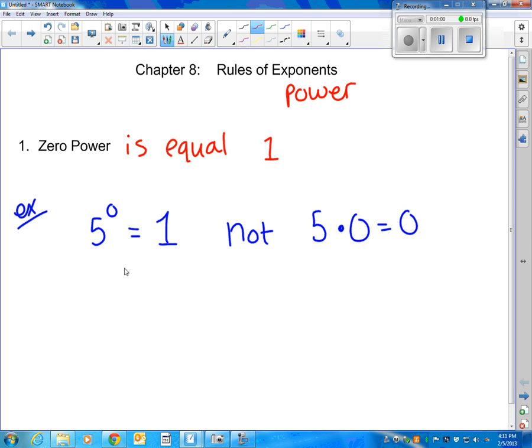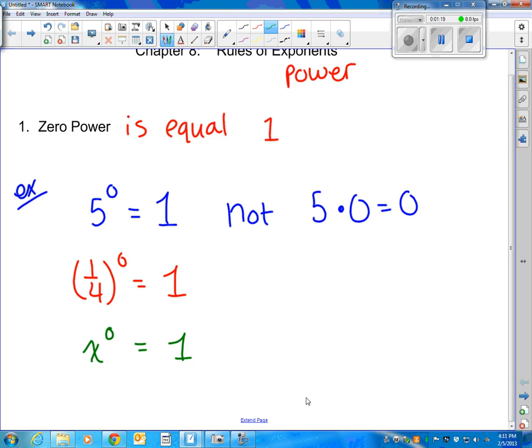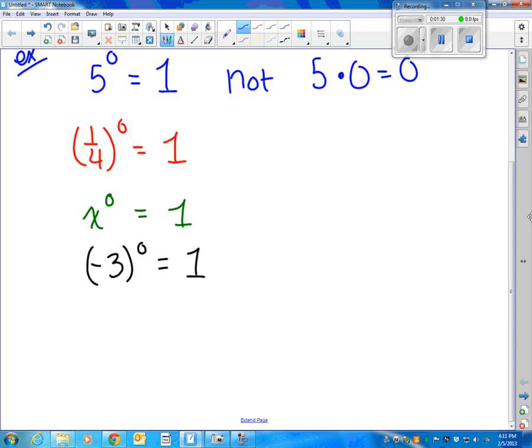Right? This is true for fractions. 1/4 to the 0 power is equal to 1. It's true for variables. X to the 0 power is 1. It's true for negative numbers. -3 to the 0 power is equal to 1. You can also mix it in with other numbers. So for example,